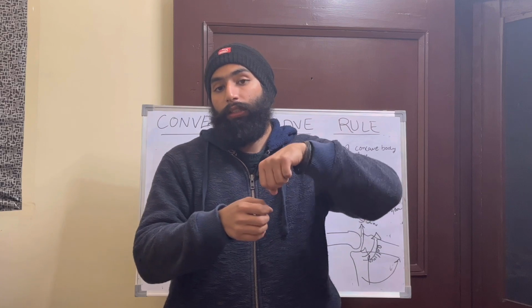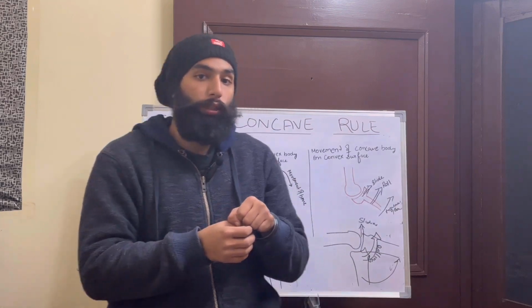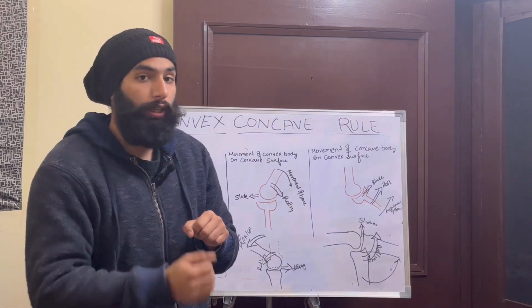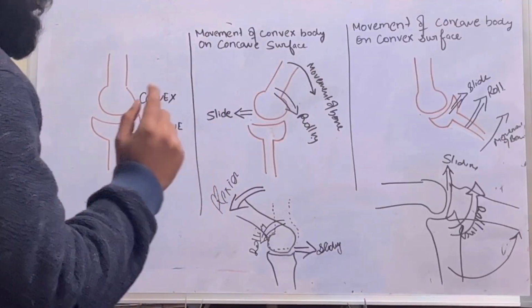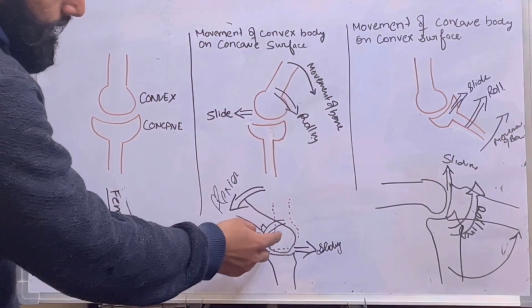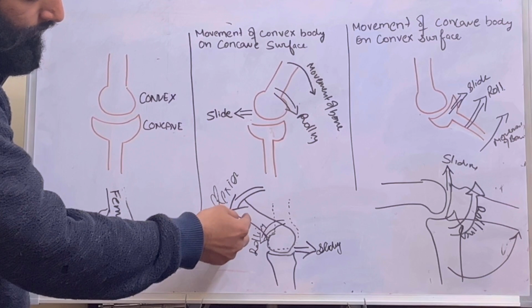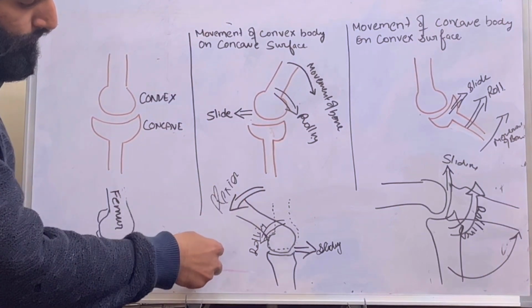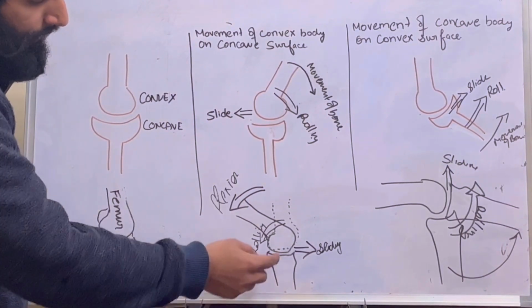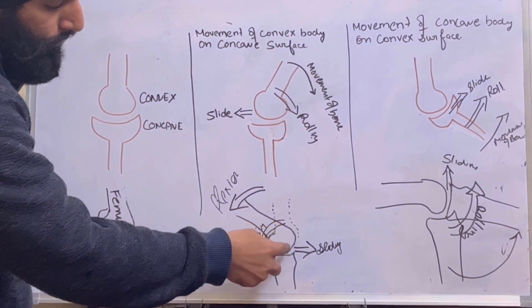So the femoral condyles are moving over the fixed tibial condyles. The femur is bending towards the tibia, and the femoral condyles are rolling, and